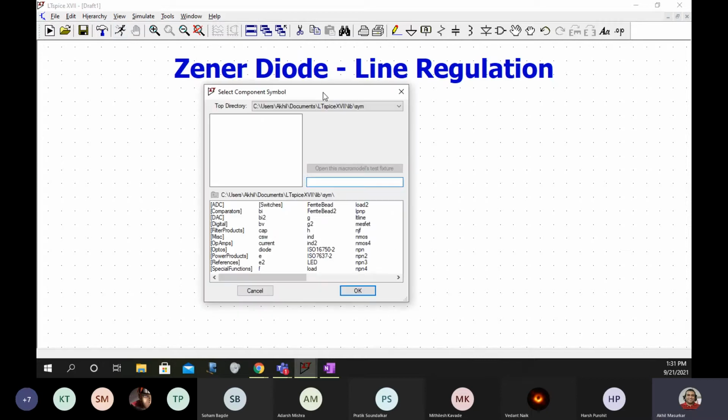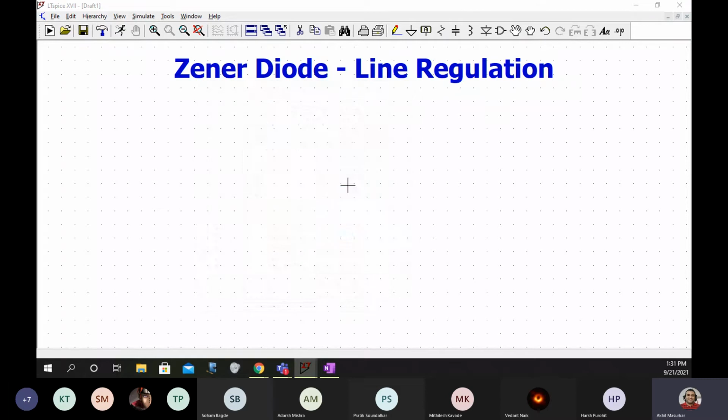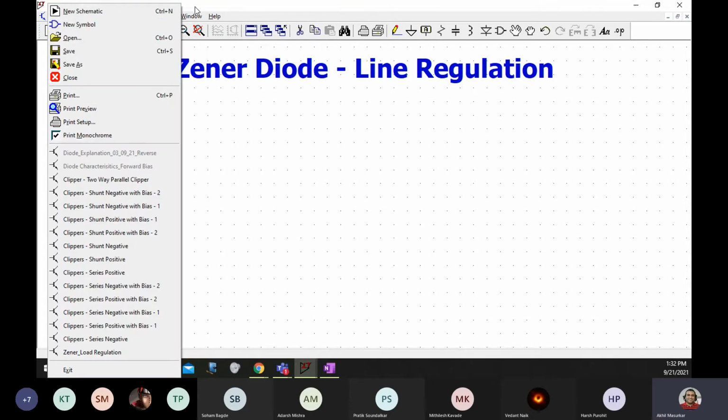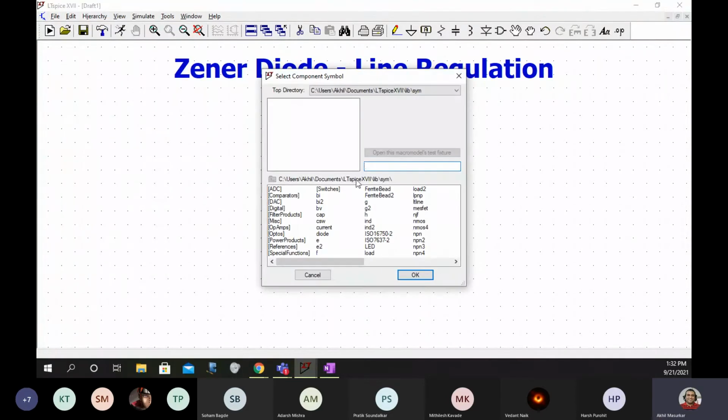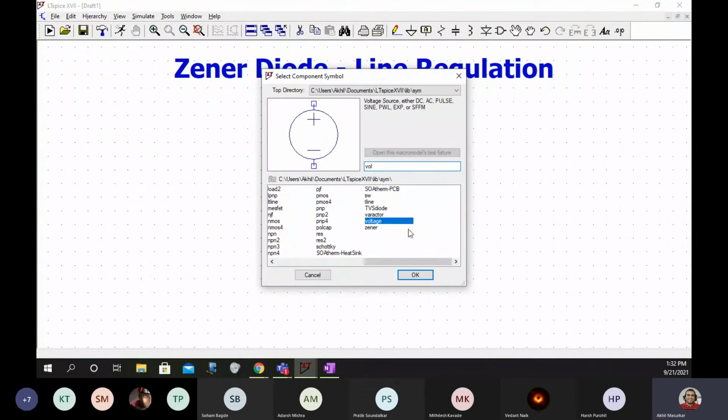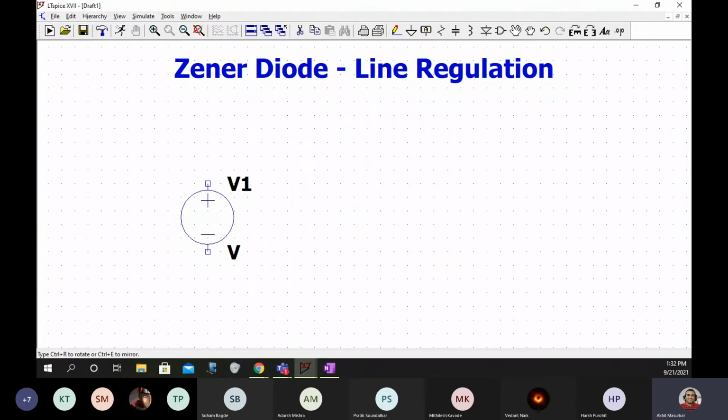Press F2, and where will I get voltage? Type voltage and put this thing here.